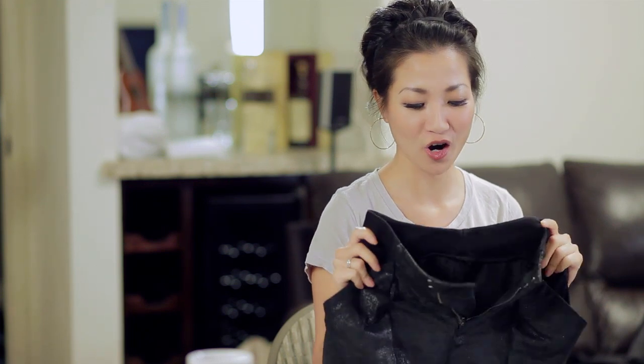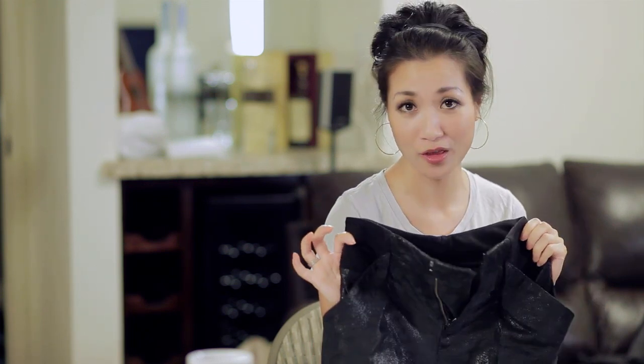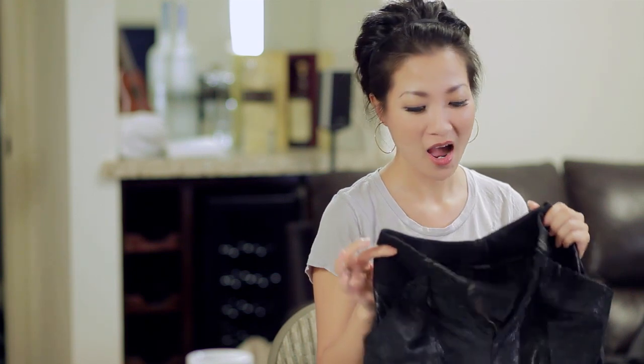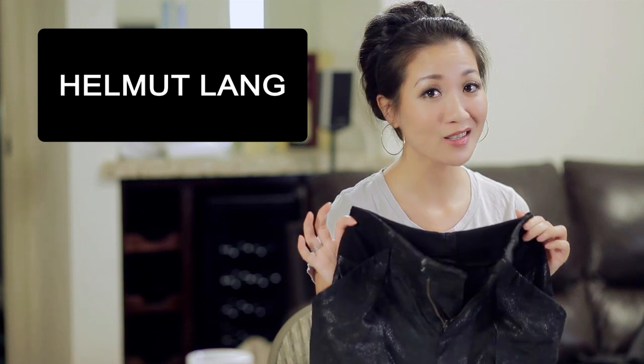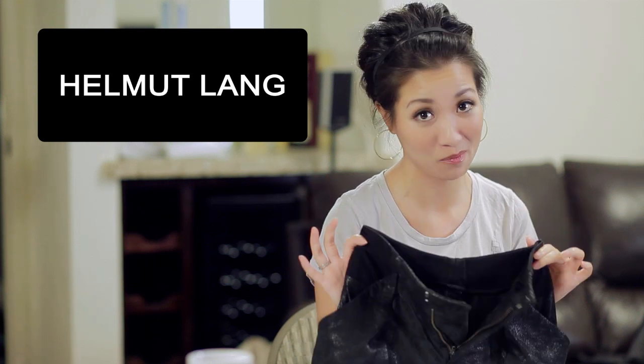shopping splurge that I did on eBay, which is these leather shorts. I've been in love with leather shorts since late summer. I found these helmet length shorts. The price is not cheap, but the discount is steep. I got these for $100, and the original retail price goes for $700. So these are examples of what items I look for and the discount range that you can find